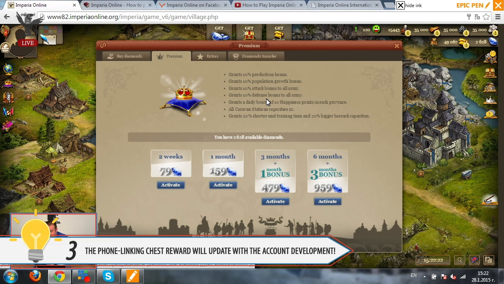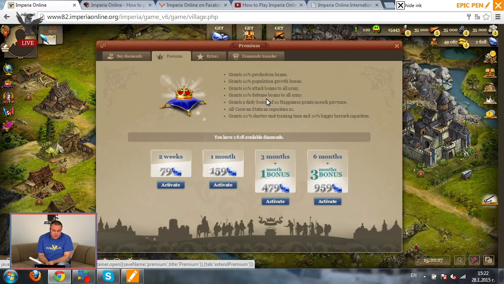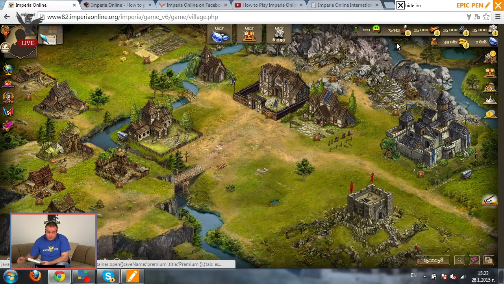Anyway, it grants 10% production bonus, 10% population growth bonus, 10% attack bonus to all army, 10% defense bonus to all army, and a daily bonus of 10 happiness points in each province. All caravan station capacities are doubled, and it grants 20% shorter unit training time and 20% bigger barracks capacity. It's too good to be true, I know. So,